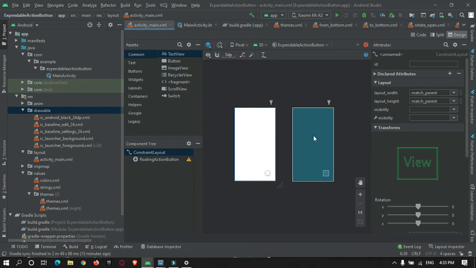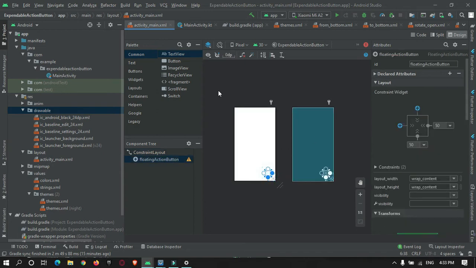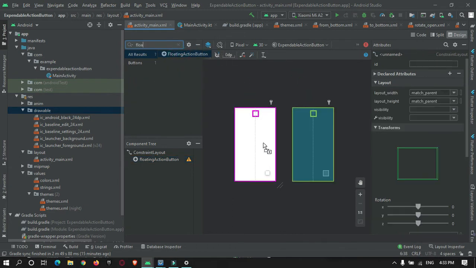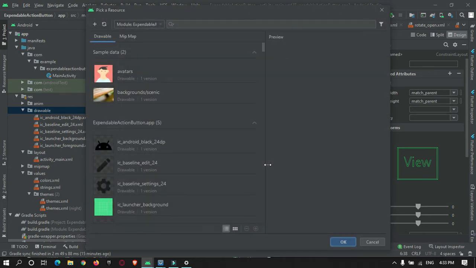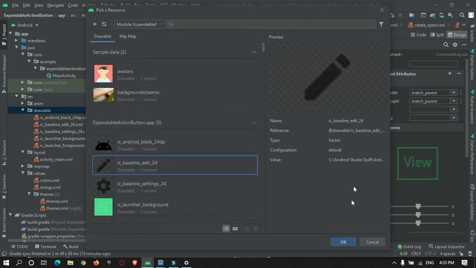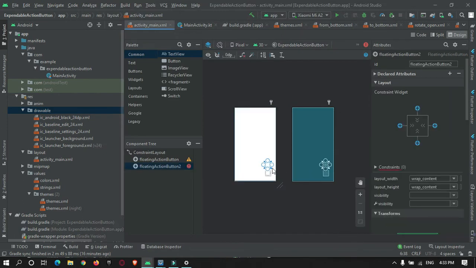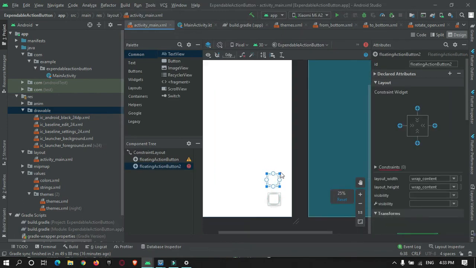Okay, 50 by 50 has been given. Again a floating action button, the second button. For the second button we will give this edit button. So here